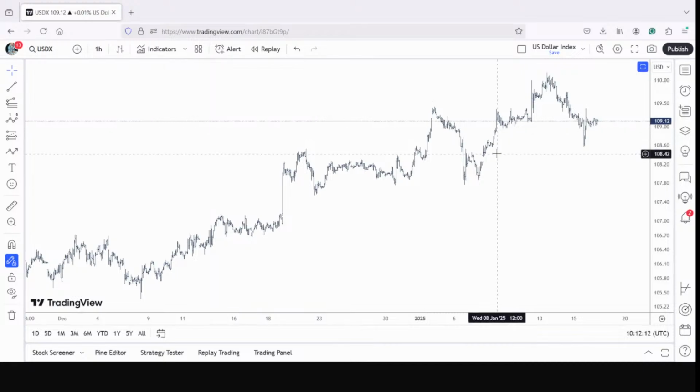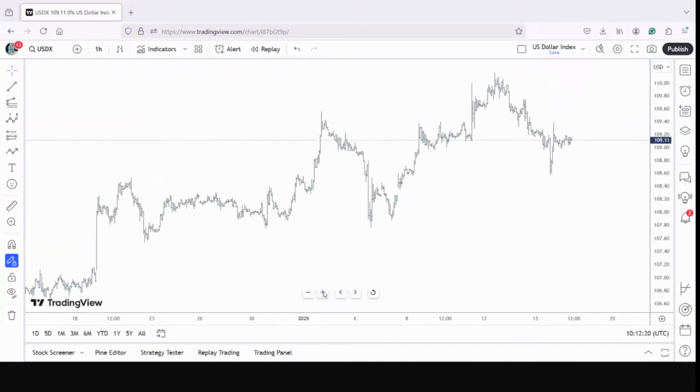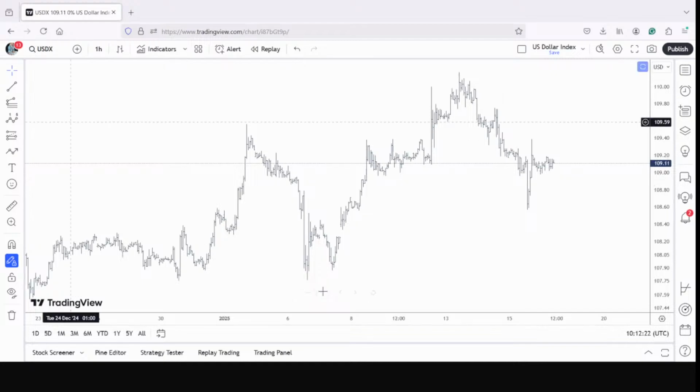So from a trading point of view, we were suggesting 109.60, correct? We are already at 109.11, so it's about 50 points difference. If your risk management allows that much leverage, then keep a stop at about 110.30. Enter shorts here. Maybe you can enter partial, the remaining over 109.60, and target around 107.75. 107.75 will be the first projected target.